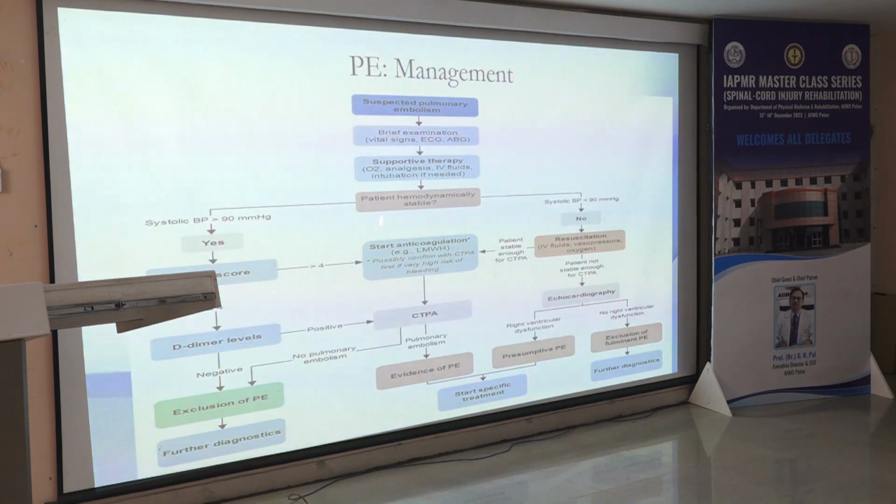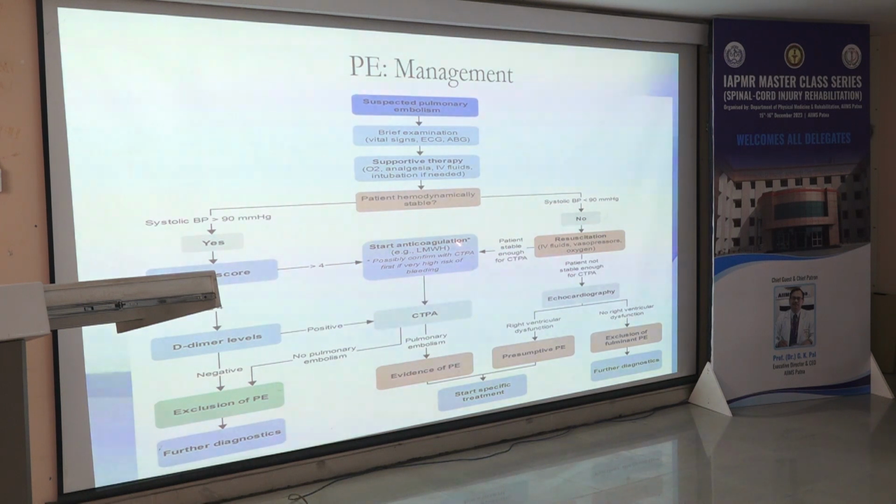So for any suspected PE, with these basic 3 examinations: vital signs, ECG with S1, Q3, T3, and the ABG showing respiratory alkalosis with hypoxia and hypocapnia, we should start the supportive treatment immediately. If the patient is hemodynamically stable, then we need to check the systolic blood pressure. If the systolic blood pressure is more than 90, then we need to check the Wells score. If the Wells score is more than 4,